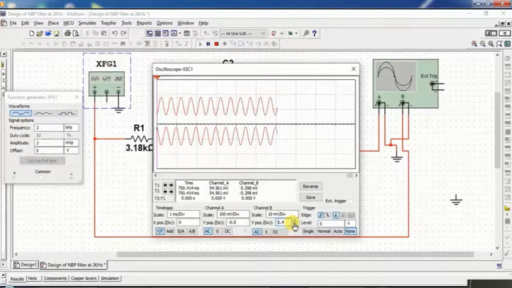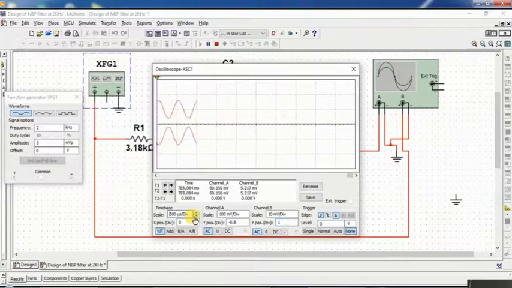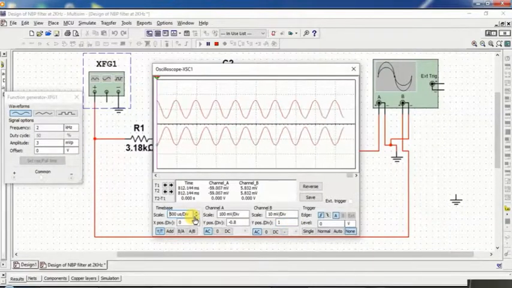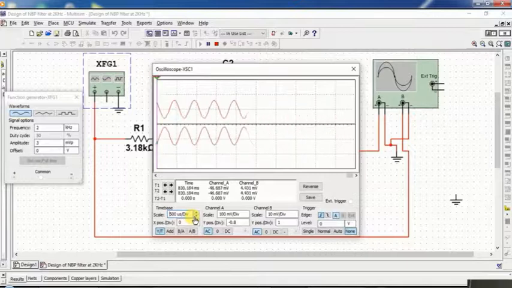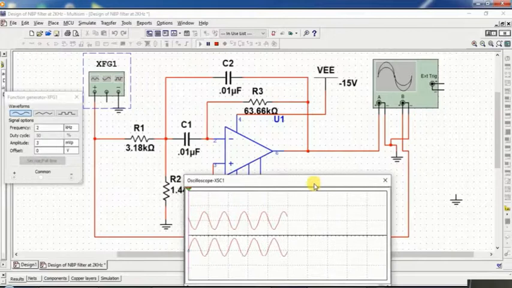So here this is your input waveform and output waveform. Input waveform at channel B and the output at channel A. So these are the perfect waveforms of the narrowband pass filter, or we can say multiple feedback filter.